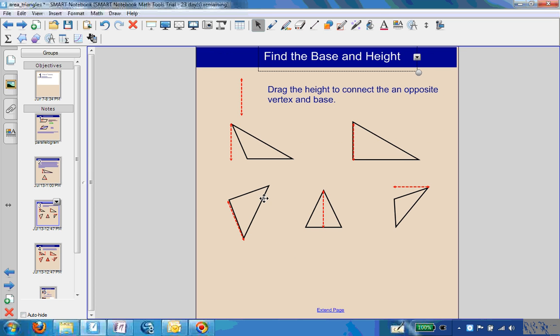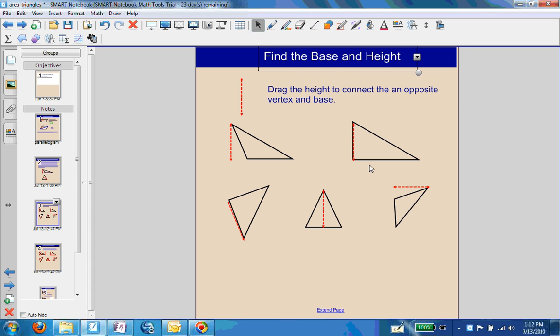So let's look at some examples of finding the base and height. So here we're going to drag the height to connect to an opposite vertex and base. So in this first example, this was like one we already saw. Here is a vertex, and we're drawing a line perpendicular to this side opposite. In this next example, this is a right triangle. So this would be my height, and this would be my base. And since it's a right triangle, they form a right angle, so those two sides are actually the height and